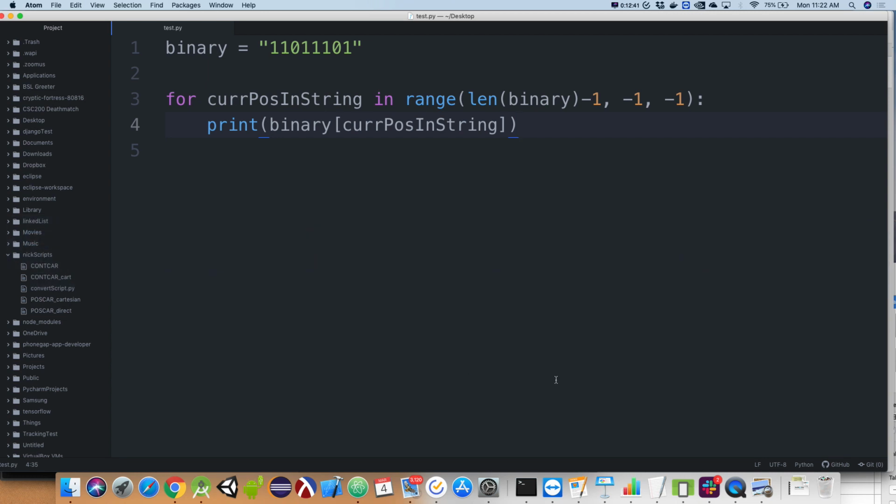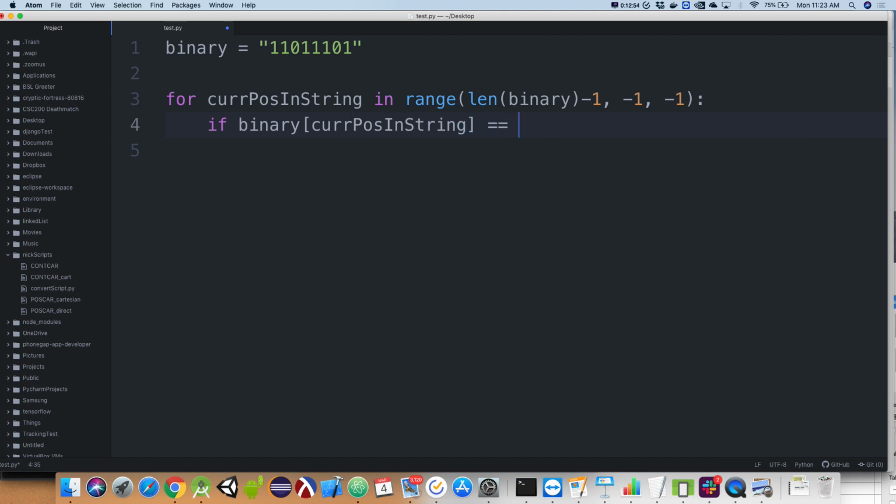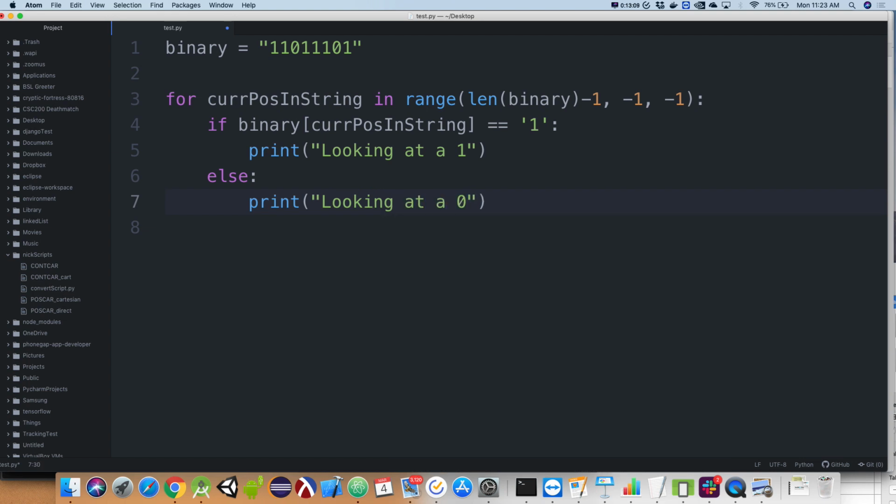So I'm going to put a little sample question in here. I'm going to say if binary at position cur pos in string is equivalent to a 1, I'll print "looking at a 1." Else, I'll print "looking at a 0." All right, we're not going to need the else in this case, but we're just proving that we can accurately